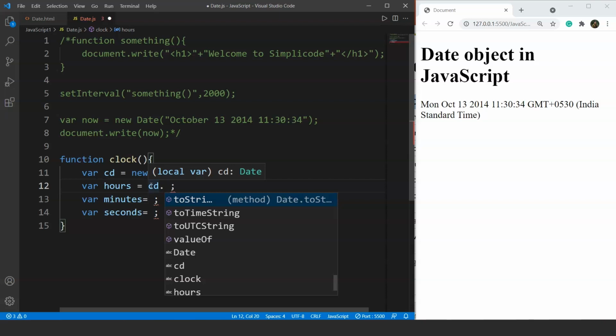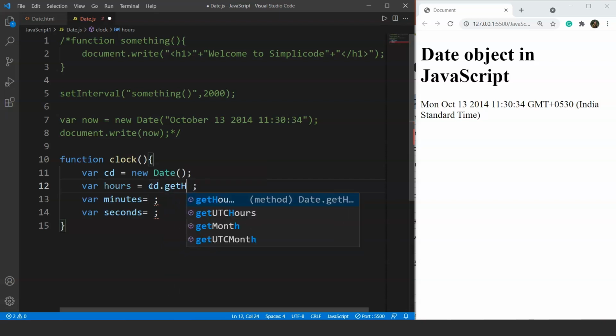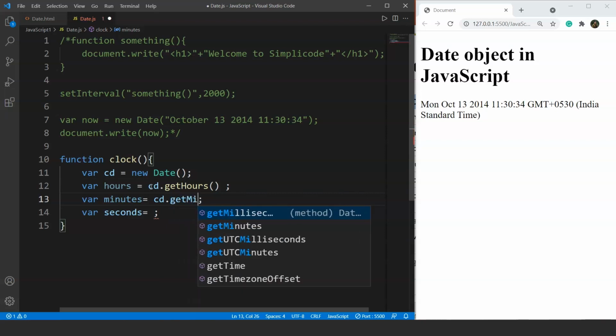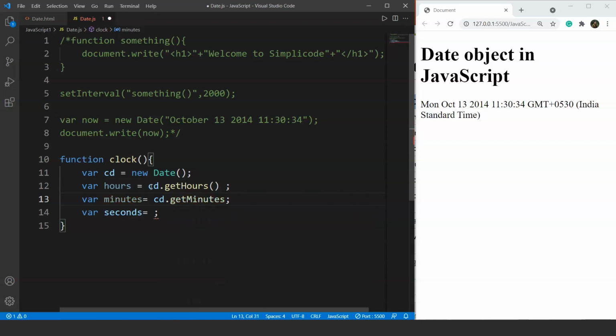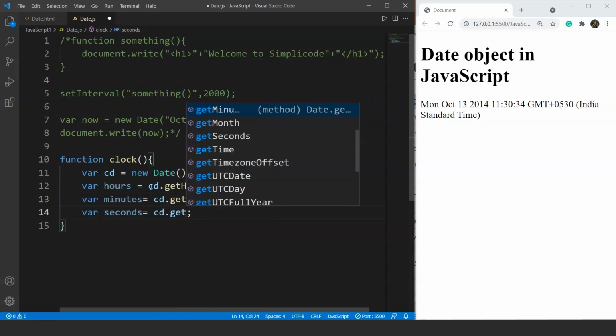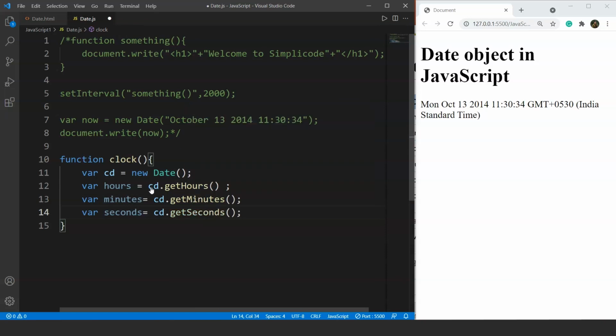So we'll use hours = cd.getHours(). Similarly for minutes we'll use getMinutes, and for seconds we have to use getSeconds. These are the three basic methods we are going to use in this particular program.